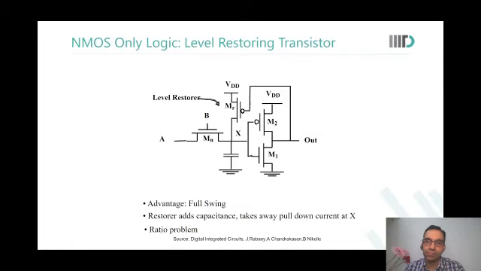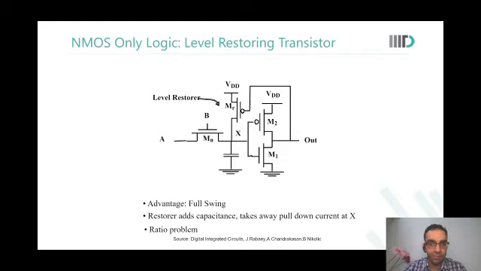So the principle of the level restorer is basically positive feedback, a kind of half latch. Yes. Sir, what if we change the sizes of MR and MN? Yeah, so now you have to do the sizing. In static CMOS, did you ever have to do sizing for your VOL or VOH purpose? No, you only did sizing for your delay purpose. Over here, we are saying we need to do sizing for functionality itself. Are you able to see this, Aditya?